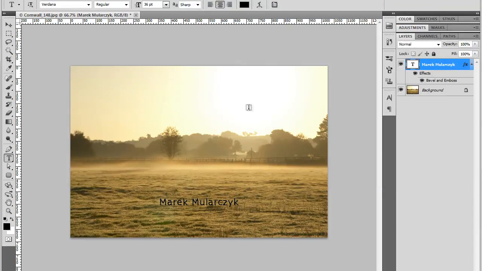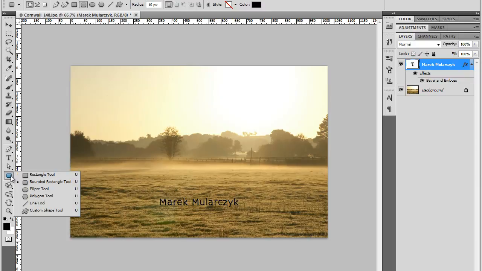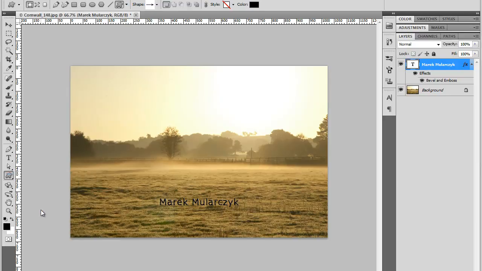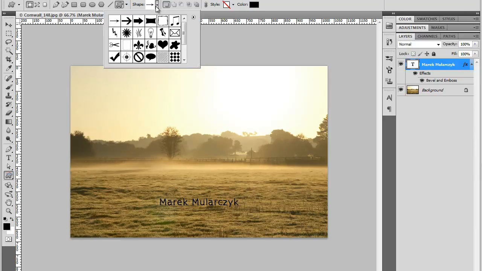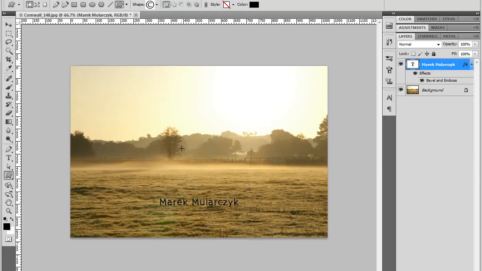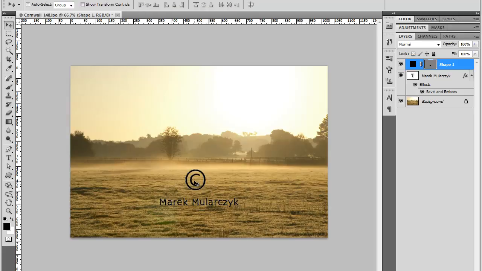And I want to add one more element, the copyright logo. So I'll go to the rectangle tool. Okay, and I'll select Custom Shape Tool. And in Custom Shape Tool, if you scroll down, you find the copyright logo. So I'll just select it, and I'll click and drag, holding the Shift key to make it a perfect square. That's good. Okay, I'll move it here,